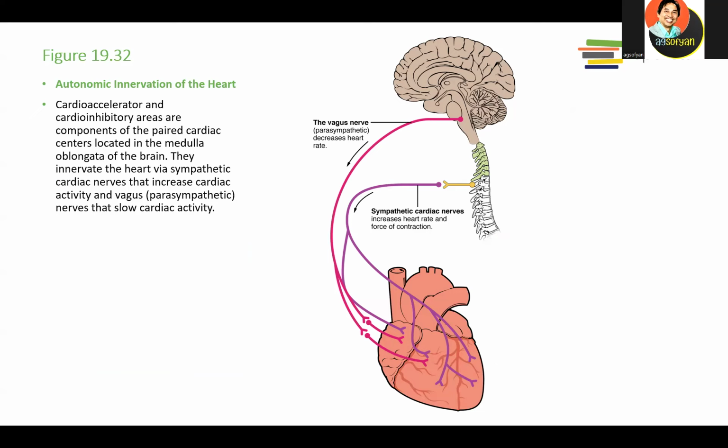Now, I mentioned before that the brain can also control the heart, but it is only for either slowing down the heart or making it faster. For example, remember cranial nerve number 10, the vagus nerve. This is actually the one that makes the heart muscle slower than normal. Like for example, when we are sleeping, the heart contraction will be slower. This is innervation from the vagus nerve, which is parasympathetic.